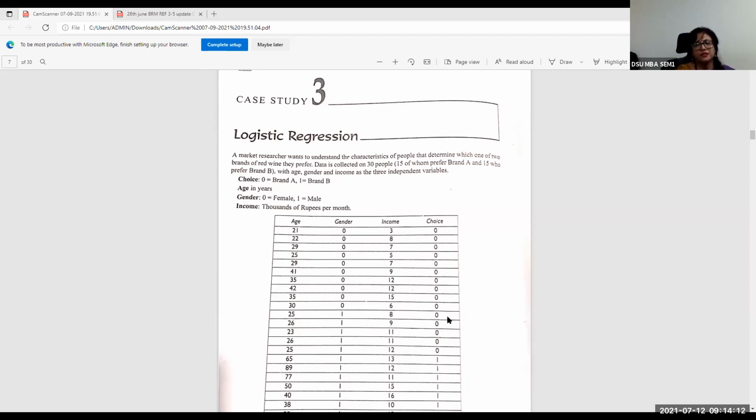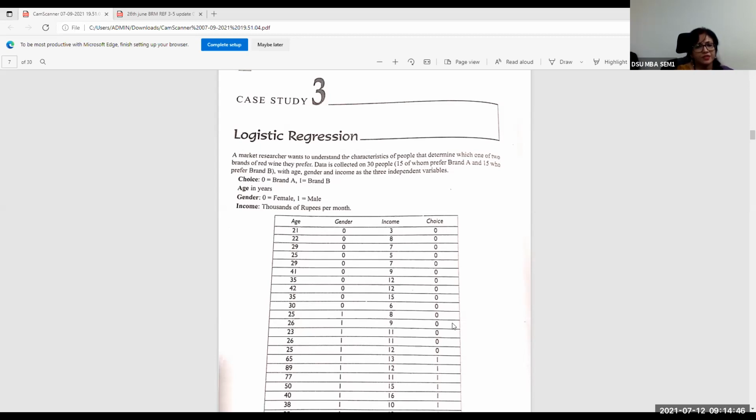You want to find out whether certain objects or respondents can be categorized into one group or need to be categorized into the other group. So what is the probability? That's why, for example, an application for such an analytics model would be to predict the probability of a customer buying something or not buying something. In this case, for example, we would like to find out whether a customer would prefer brand A or brand B of a product. In this case, it's a wine brand that we're talking about.